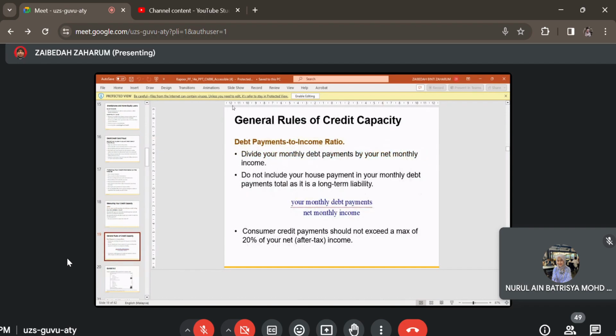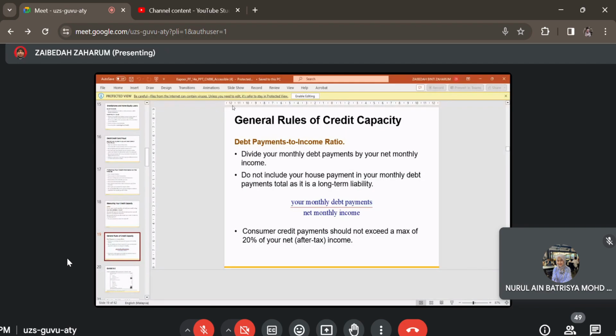Alright. So dekat sini general rules of credit capacity. How you want to measure? Nak tentukan our credit capacity tadi, kita pada ratio lah. Debt payments to income ratio, di mana kita divide kita punya monthly debt payments by our net monthly income. So dekat sini monthly debt payment tadi bukan termasuk yang macam you punya